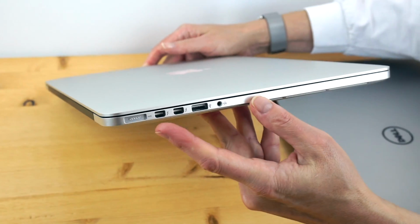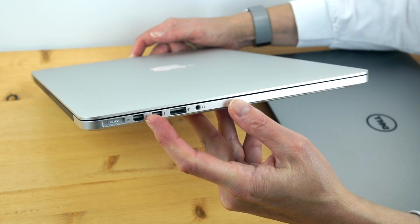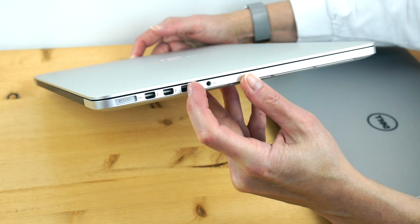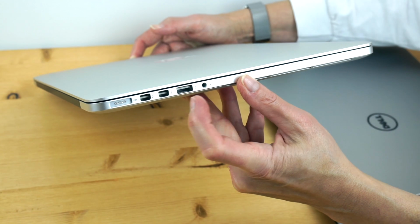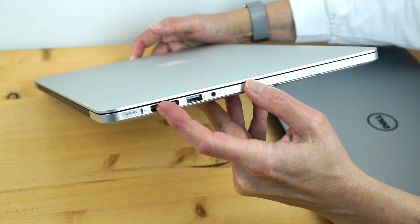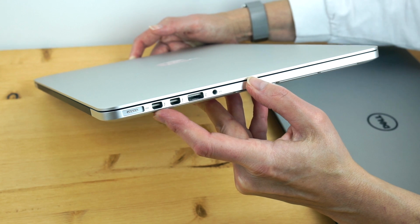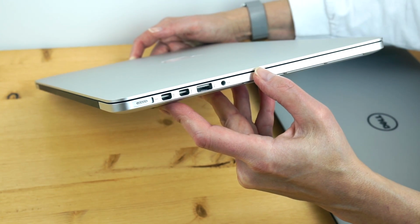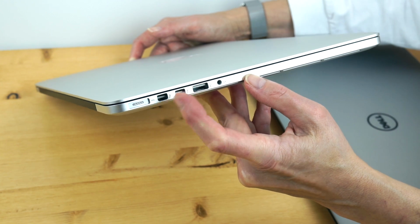And here we have two Thunderbolt 2/display ports, mini display ports right there. There's a magnetic charging connector. USB 3.0 port, we have two of those, one on each side. Our headphone jack. These display ports / Thunderbolt ports, well, if you're in the Mac land and you're using a Thunderbolt display, Thunderbolt's obviously useful. You can also get fast hard drive arrays and stuff like that, but the display ports are really handy for